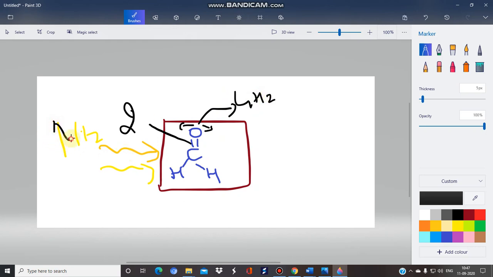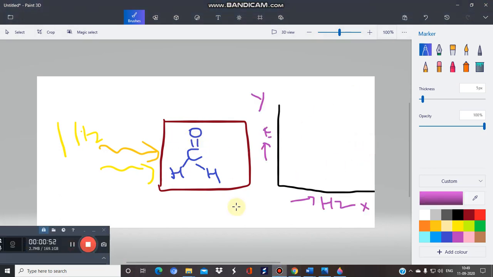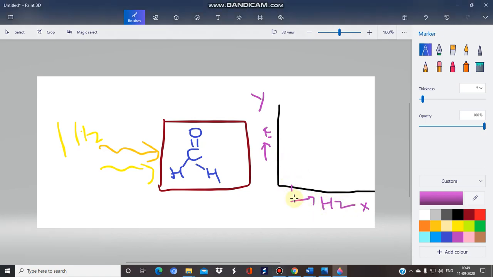But we are giving only 1 hertz of frequency. Then what will happen? This formaldehyde will absorb nothing, and the light transmitted from this compound is 100% emission, because it will absorb nothing. And if you plot a graph between the percentage of emittance and the frequency of IR radiation, and in case of 1 hertz, suppose I mark this with red, this is the 1 hertz value, and here you will observe the 100% emittance.